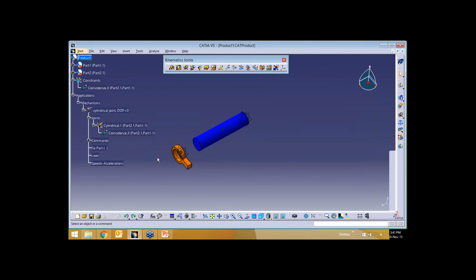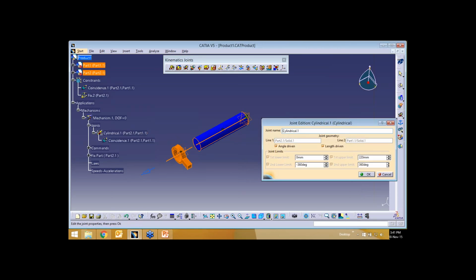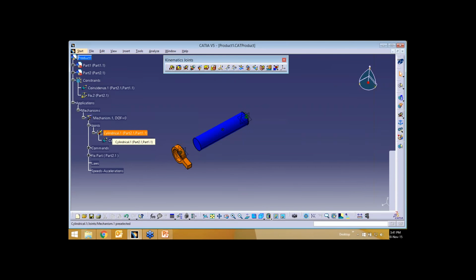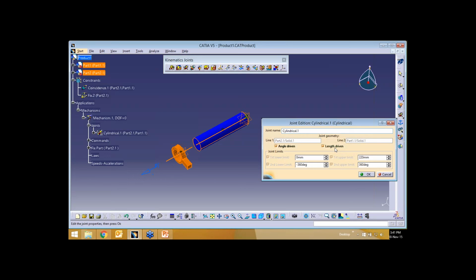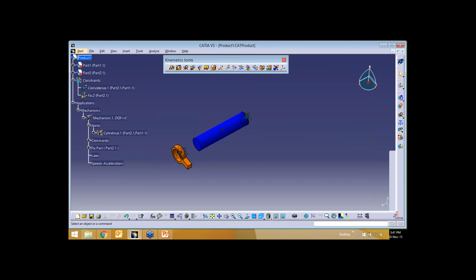Go for mechanism. So length driven of this is 0 to 220. I'll go for cylindrical joint. I'll give this length driven from 0 to 220, and an angle driven from 360 to 360. I'll say okay. I'll go for simulation.